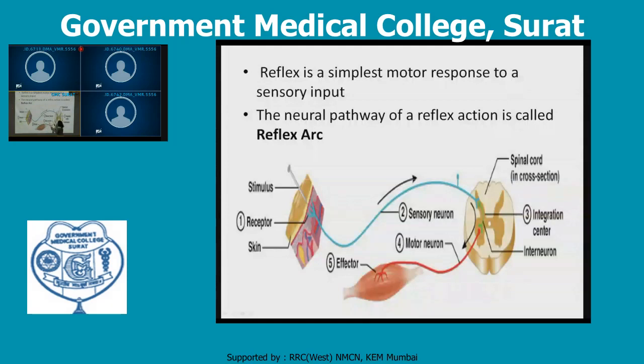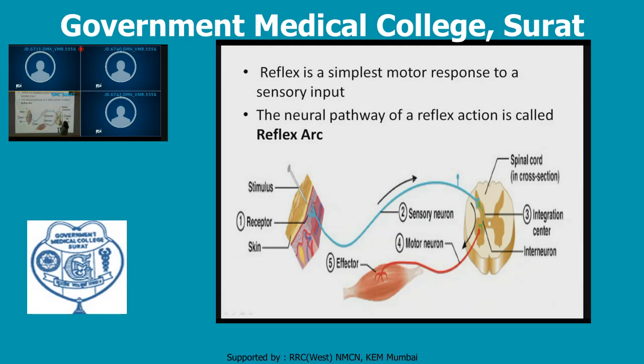From here, in this receptor, when the stimulus is applied, the graded potential is generated. This graded potential is converted into action potential, and action potential propagates into the afferent limb. In the spinal cord area, this afferent limb may either generate EPSP or IPSP, depending upon its connection to the efferent limb.